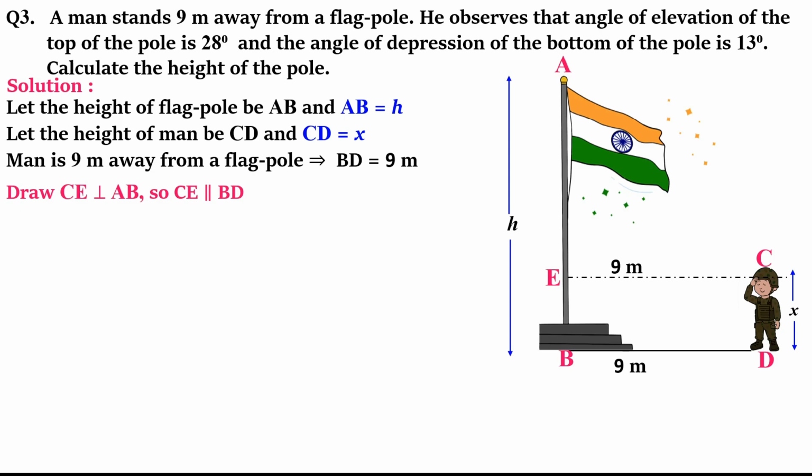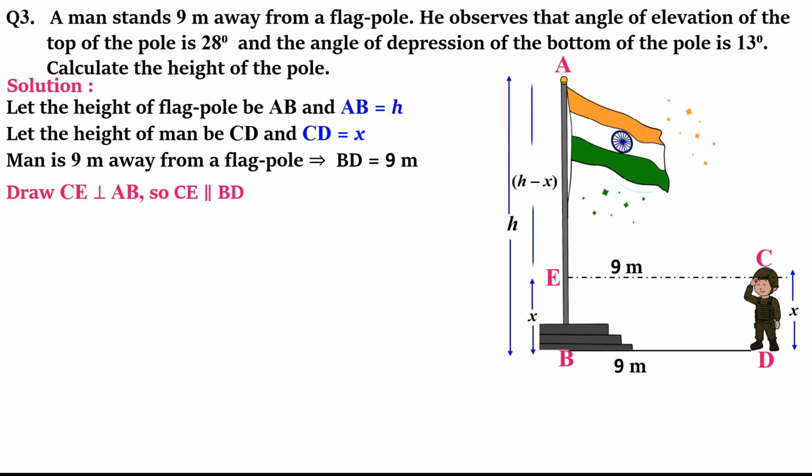BDCE becomes equal to 90 degrees, so it has become a rectangle. Therefore, BD and CE become equal to 9 meters, since opposite sides are equal. Similarly, I can mark CD and EB also to be equal to X meters, because it's a rectangle. Moreover, CE is parallel to BD because we have drawn perpendiculars, and these two 90 degree angles are co-interior angles, or corresponding angles. So CE is parallel to BD.